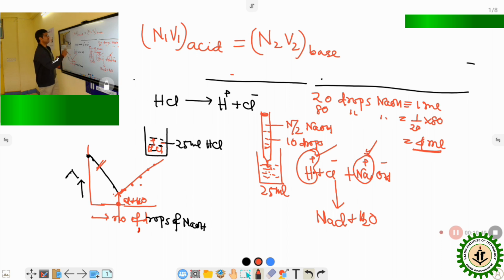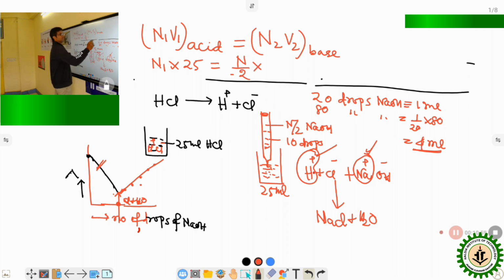That is V2. Now N1 into V1, how much did we take? 25 ml, equals N2, which is N by 2 strength of the standard NaOH, and V2 from the graph, 80 divided by 20, which is 4 ml, that is the volume of NaOH. Now from this we can write,